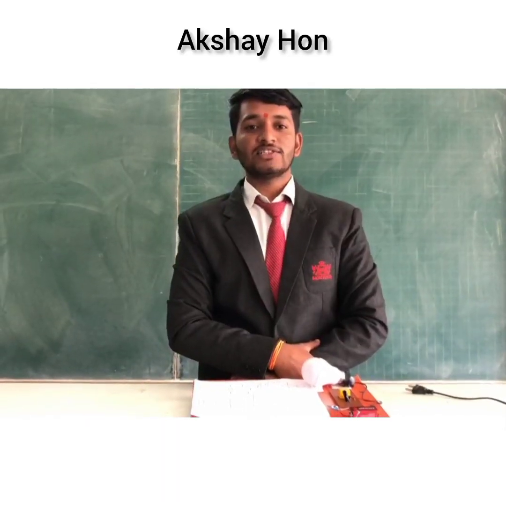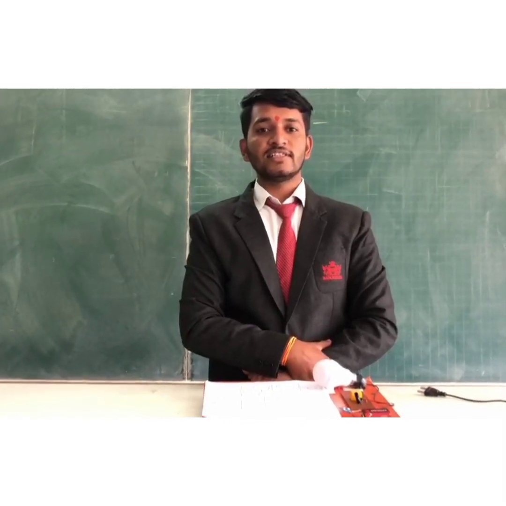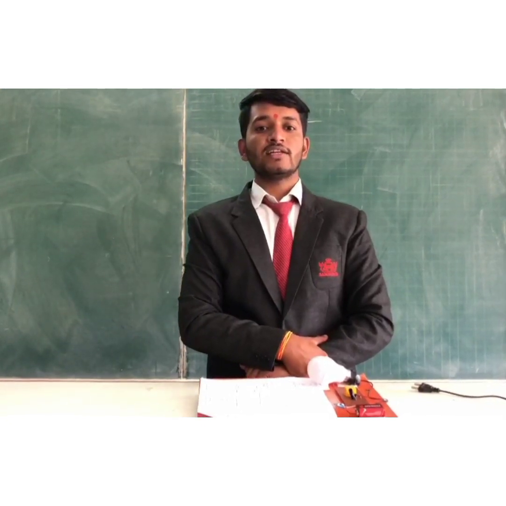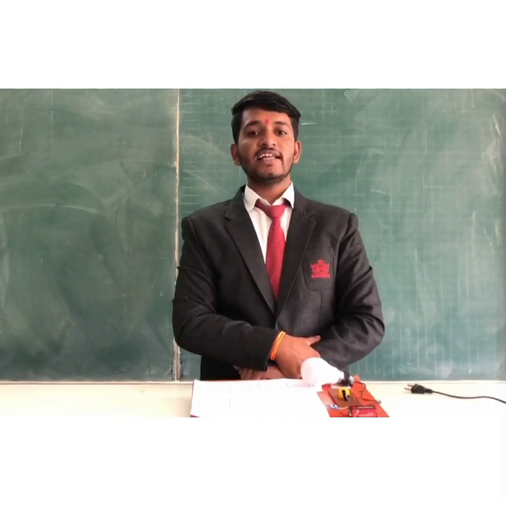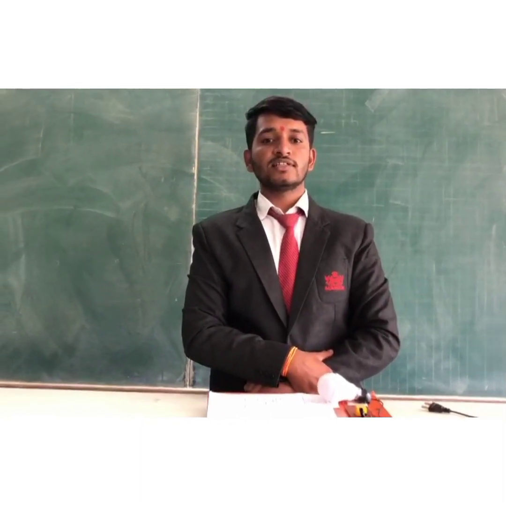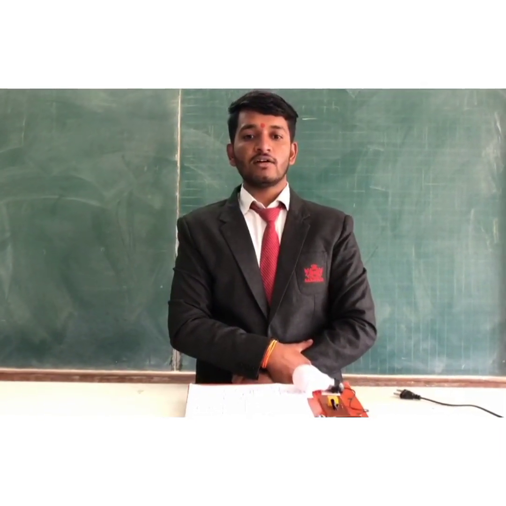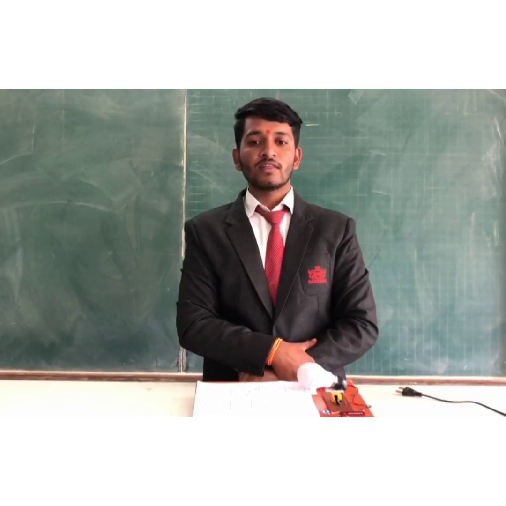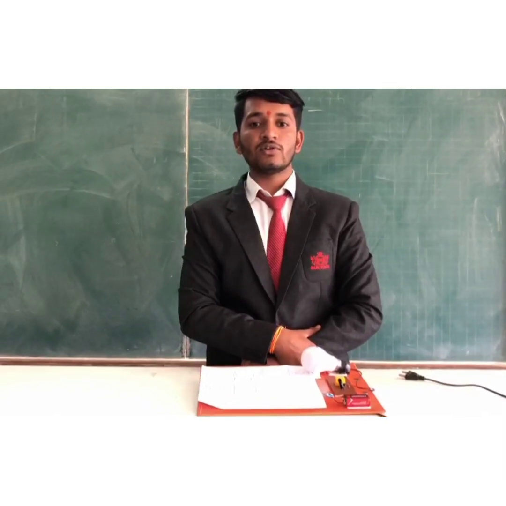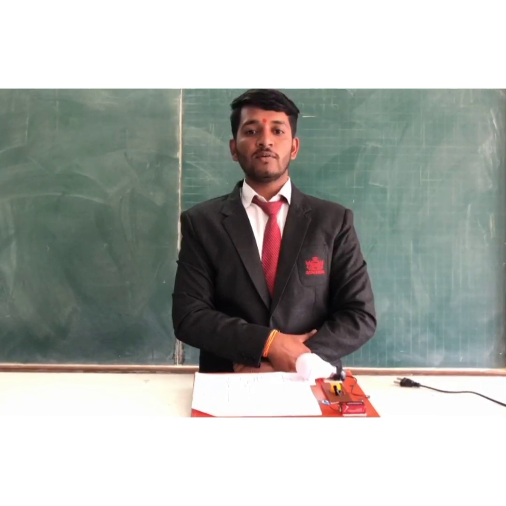Hello friends, myself Akshay. I am here to tell you about the further components. First one, relay. A relay is an electrically operated switch. Many relays use a magnet to mechanically operate the switch. Second one, LDR. LDR is a sensor used for detecting the presence of surrounding light, so that during the day when the sun is bright, the street light is switched off automatically. Third one, 9 volt battery. A 9 volt battery is an electric battery that supplies a nominal voltage of 9 volt. Actual measures are 7.2 to 9.6 volt depending on the battery chemistry.